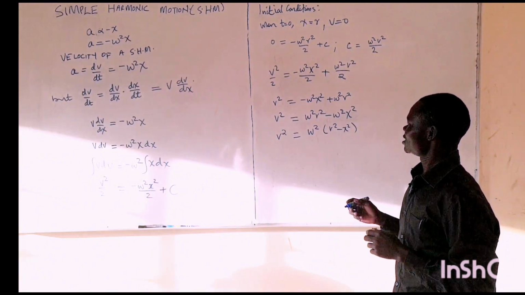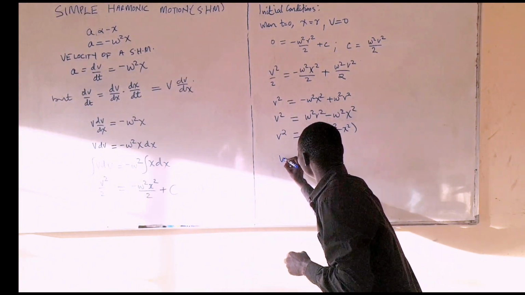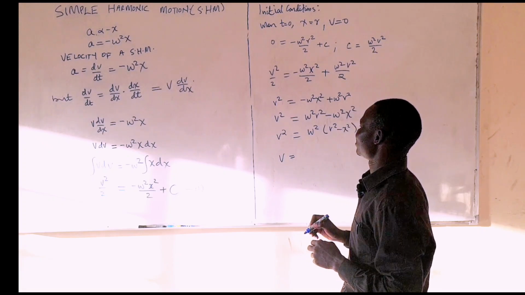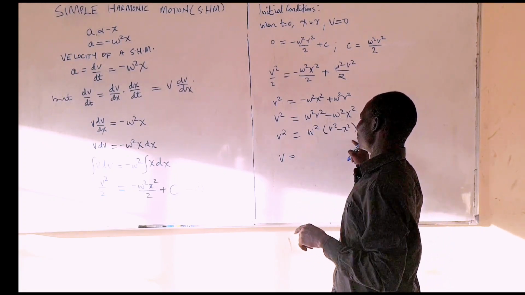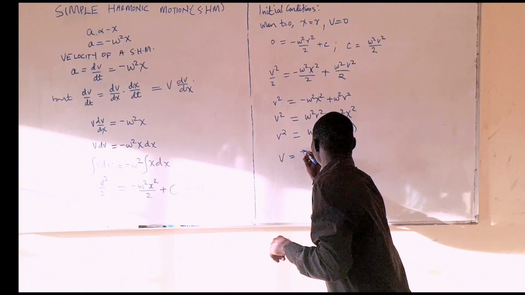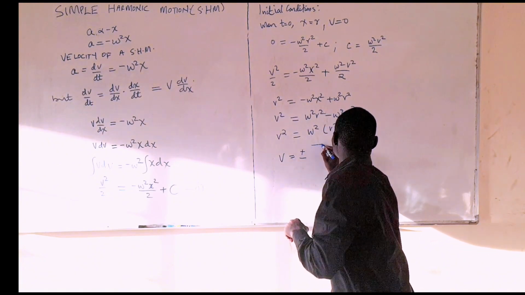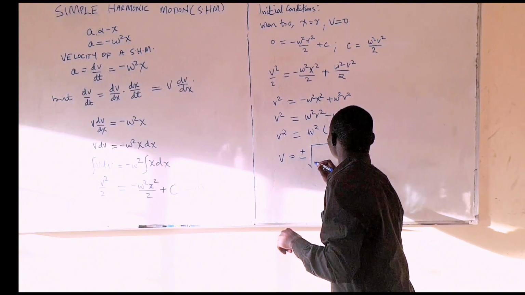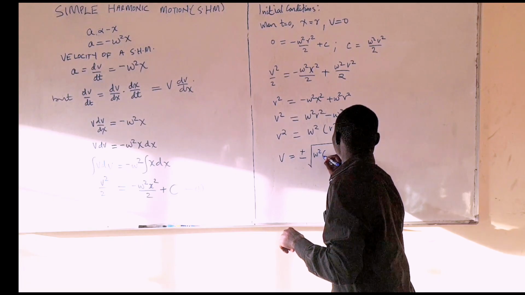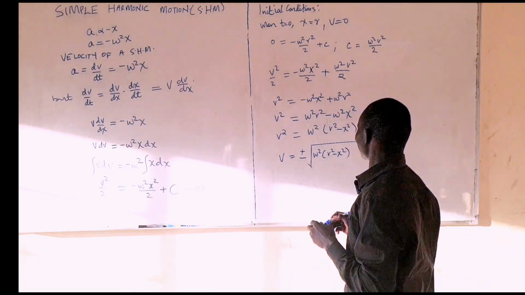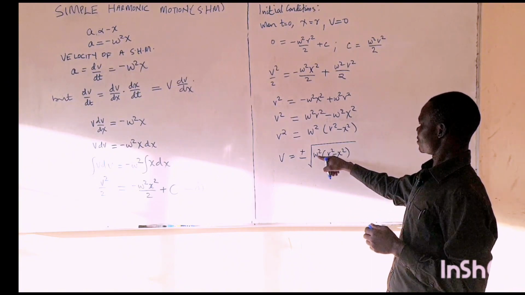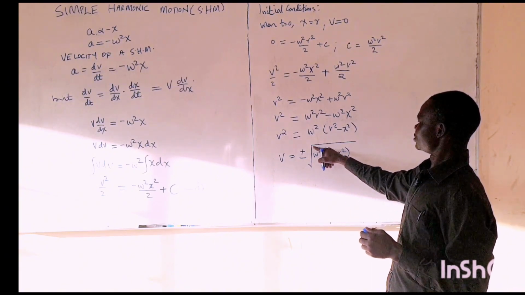Introducing square root both sides, we shall have v is equal to plus or minus mu times the square root of r squared minus x squared. And from here we can simplify this one, and we introduce now the